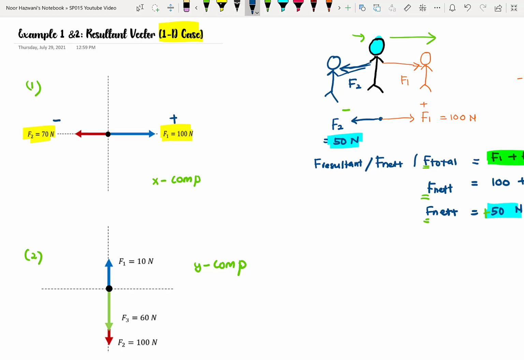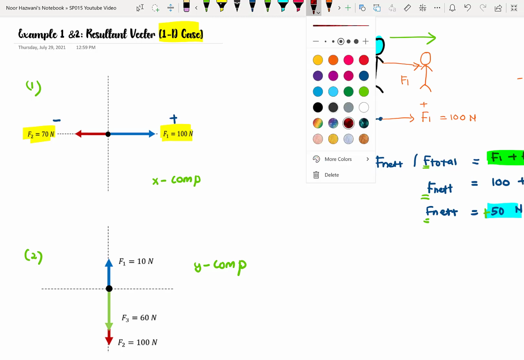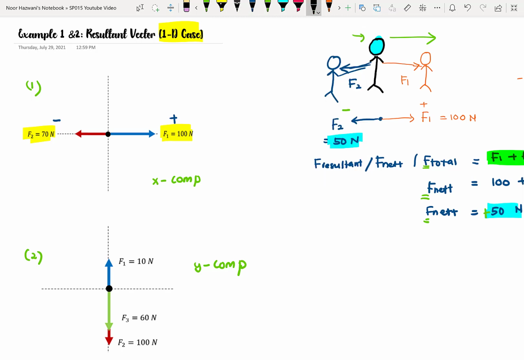Kita akan tulis Fnet. Okay, you boleh tulis macam-macam, F resultant boleh, F total tak salah. So, F1 plus F2. Kalau you ada lebih daripada dua force, you can just sum F1 plus F2 plus F3 and etc. Ingat masa substitution, kita kena consider the sign convention. F1 to the right would be positive, but then F2 kita ke arah kiri, so it would be negative. You boleh terus masukkan nilai je. So, 100 plus negative 70,